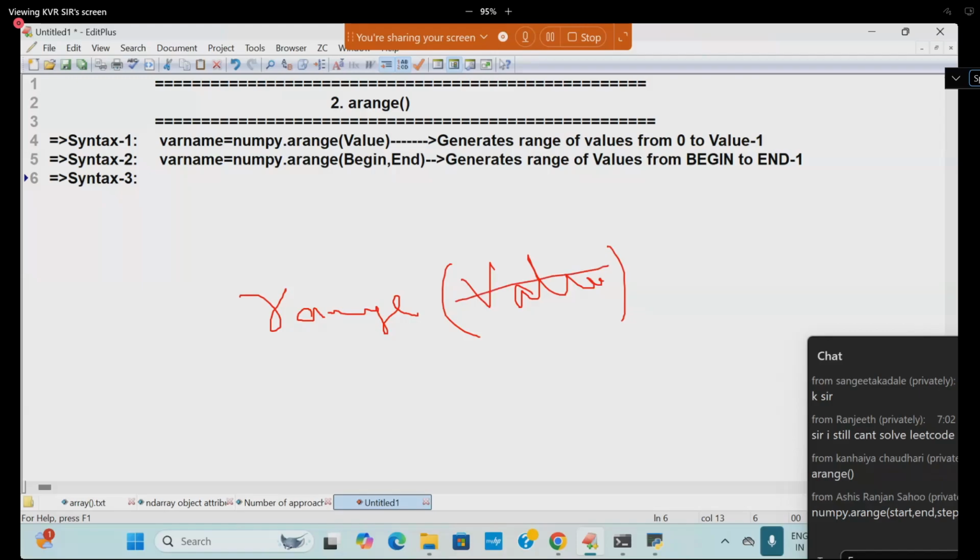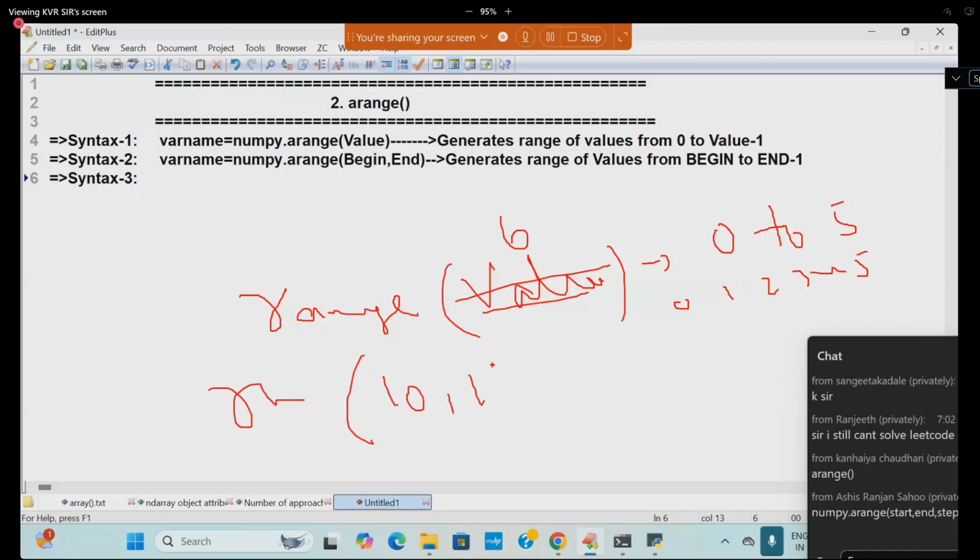0 to 5. 6 minus 1 means 5. That is 0, 1, 2, 3, 4, 5. The range of what? 10 comma 16. What are the values now? 10, 11, 12, 13, 14, 15. So wherever you want to start, and the ending point you write, plus one is the